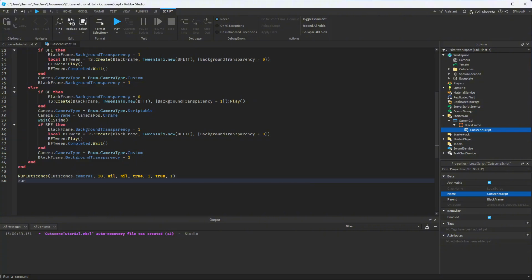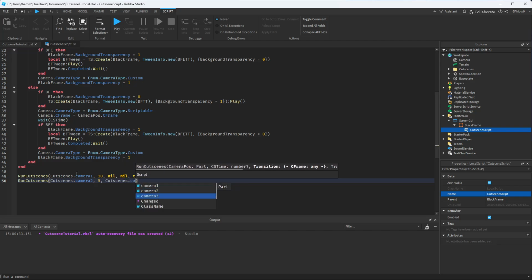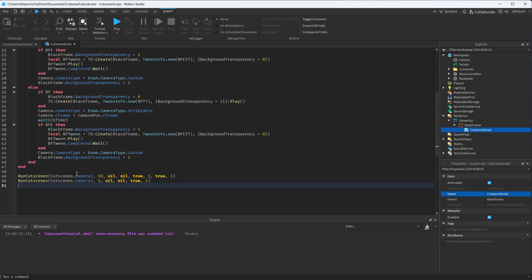So for the second run cutscene, cutscenes.camera2, and I want it to be 5 seconds long. So I want to say cutscenes.camera3 actually, or no, I don't really want that. Let's just see, I don't want any cutscene, I want it to just basically teleport. I want to set this to true and this to 1. So I want the first thing here. I'm going to say run